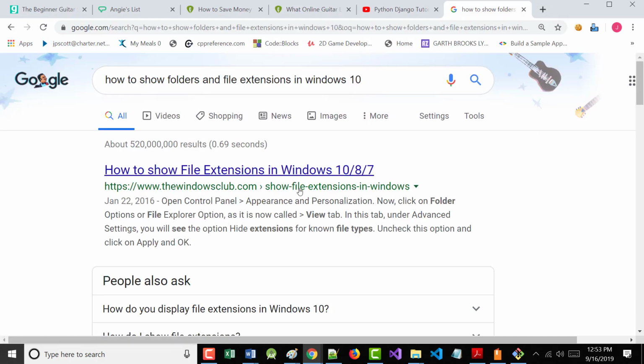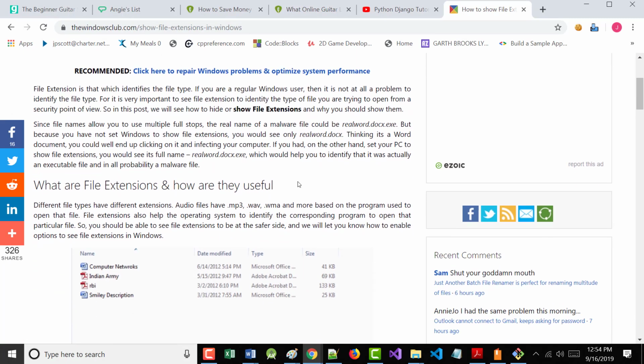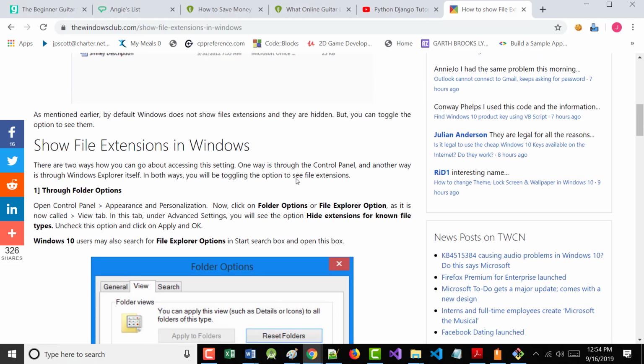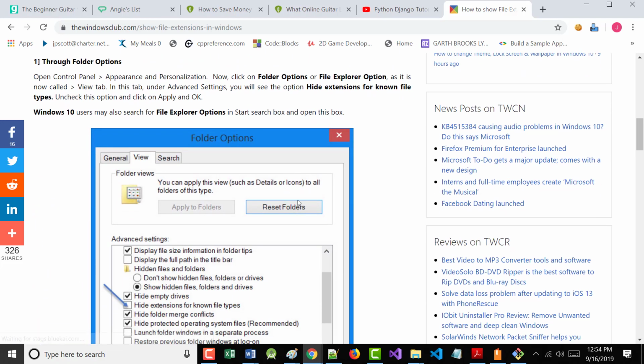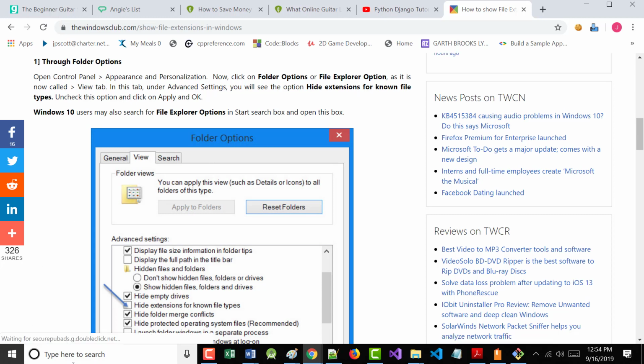Probably what that is this. Probably. And that is you don't have your file extensions thing turned on. So it says, how do you do that? And they're telling you in here you can come in through your folder options. How do you get there? Probably through a control panel.